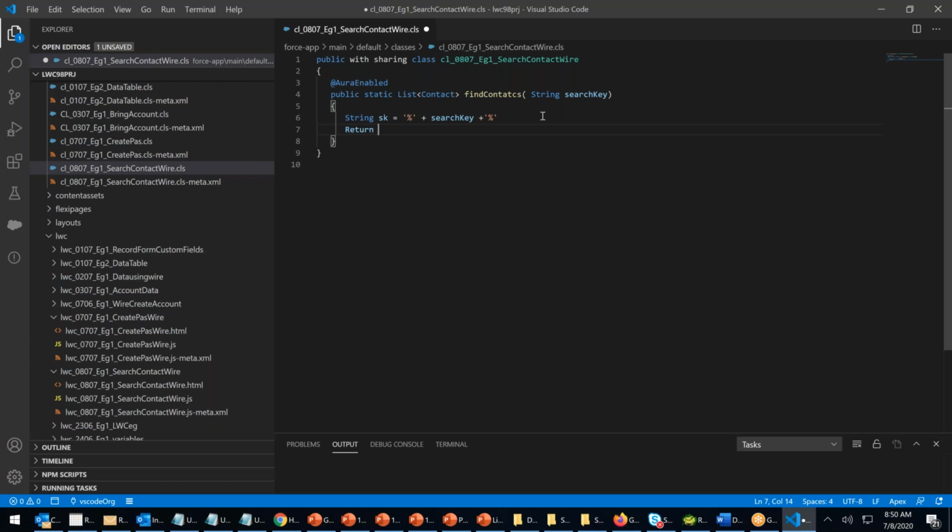Directly I'm writing. Or else I can declare a list and then I get that list. List of contacts equals select name, ID from account where name like SK, right? So what I'm doing, let me say select ID, name, phone, email